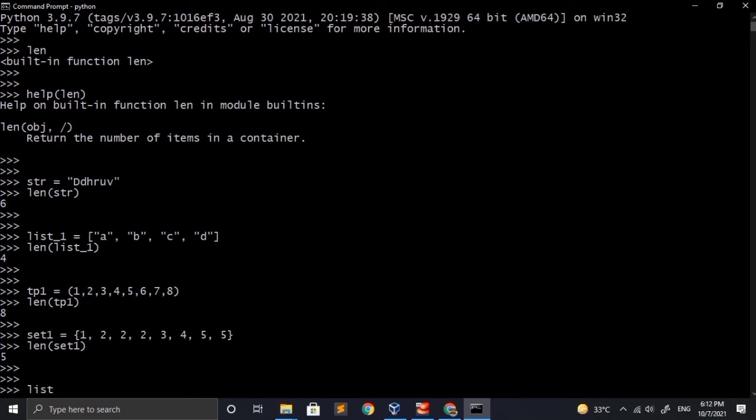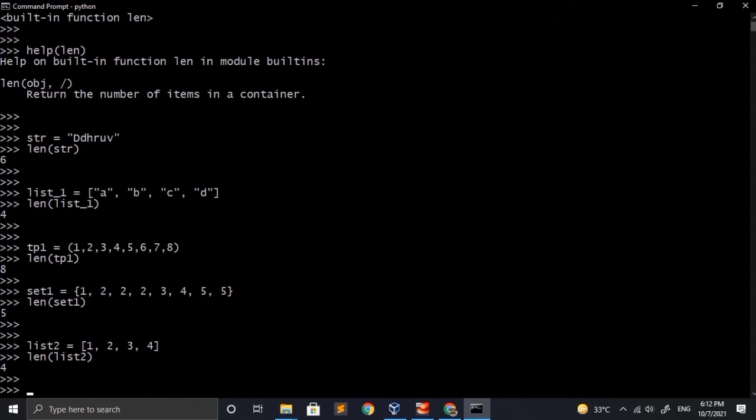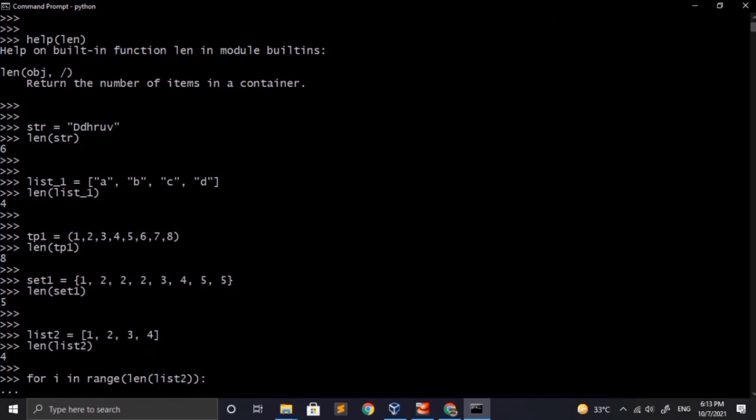We can also use a combination of the len function and range function with a for loop to iterate over a given sequence using indexing. The main idea is to calculate the length of the given list and then iterate over the sequence within the range of this list. So what is actually happening in this for loop? First of all, the length of the list is calculated and then it is passed to the range function. Then the range function will make the for loop iterate 4 times from 0 to 4. Inside the for loop we will be printing the values of the list one by one using the list index that we have seen in the previous videos. The list index will keep on updating because the value of i will keep on changing.